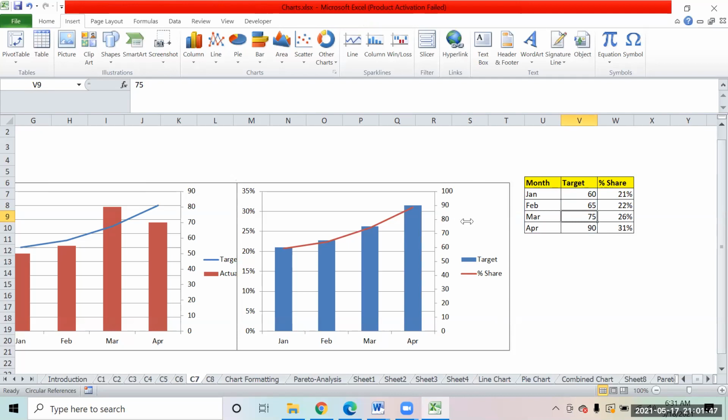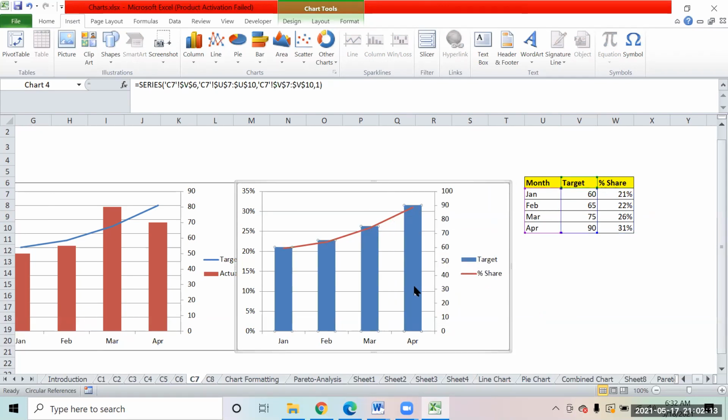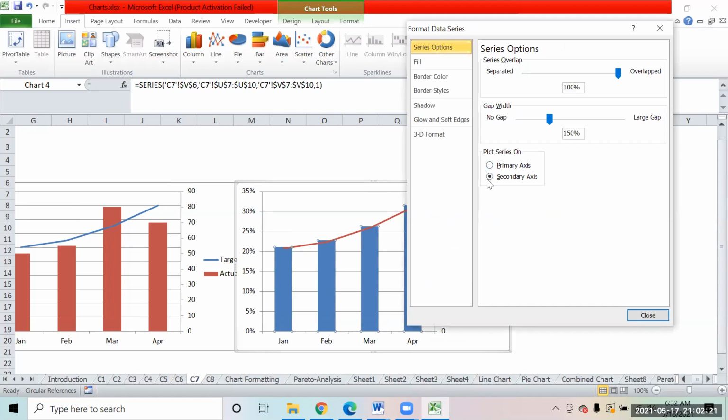So Deepa, are you guys not able to find this secondary axis? Found it finally, because yours and ours is different, right? We need to search, maybe the Excel version. This option should be coming when you right click format data series. Yes, this one is coming. You just have to select that and it changes the axis. Okay.